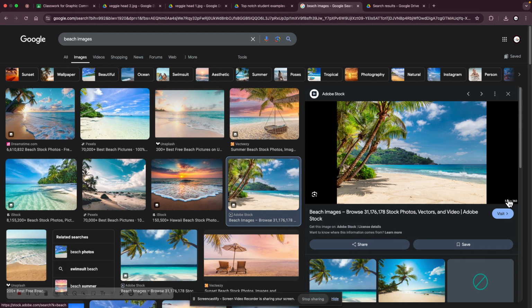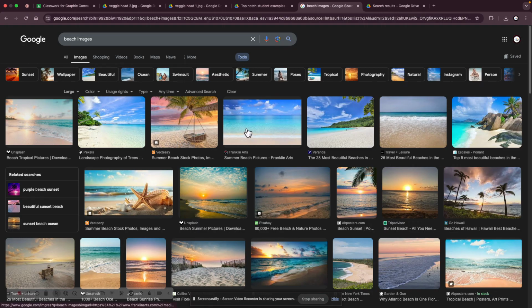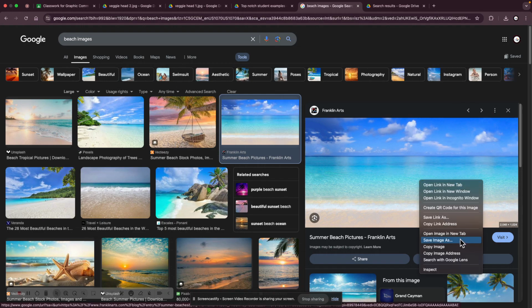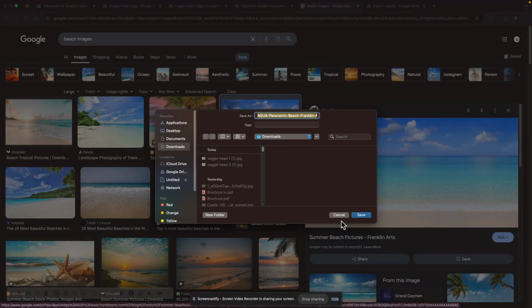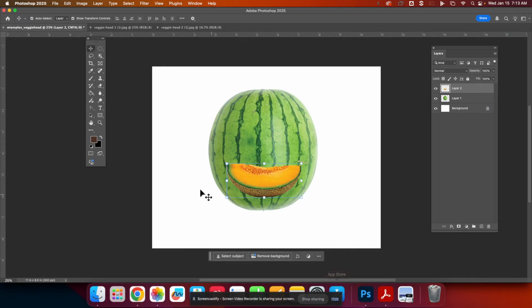So we're gonna make sure that the shortest size is 1200 pixels. So I'm gonna go up here to tools, go to size, go to large. This should knock out all of those small files. This one is perfect. It's not 1200. The shortest size is 1000, but this one should actually work. So I'm gonna save this image into my download folder, and I'm gonna go jump back into Photoshop, and I'm